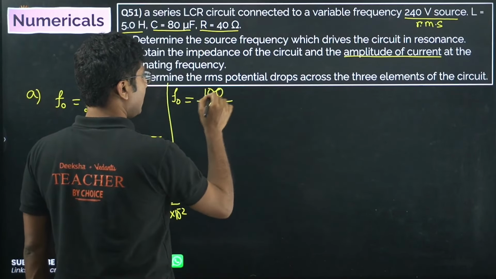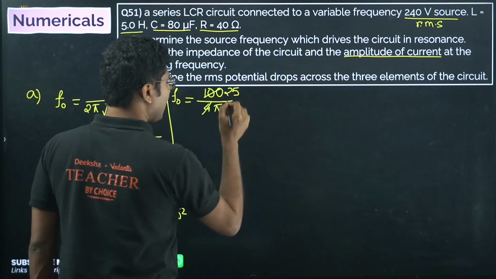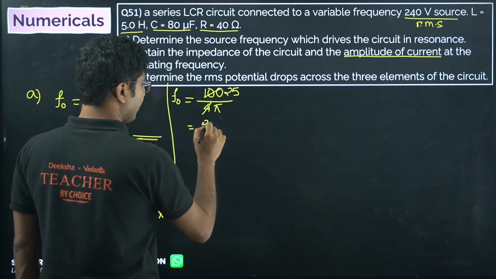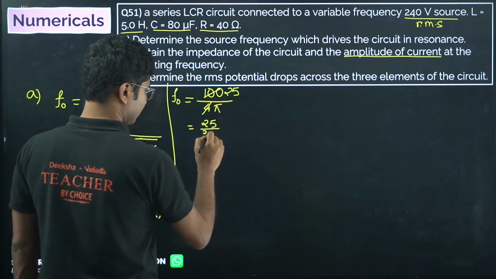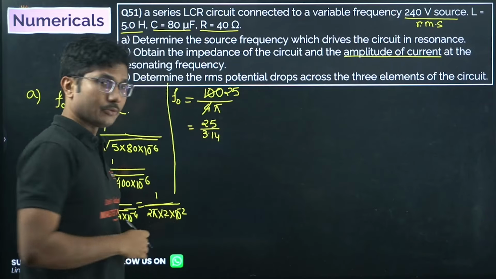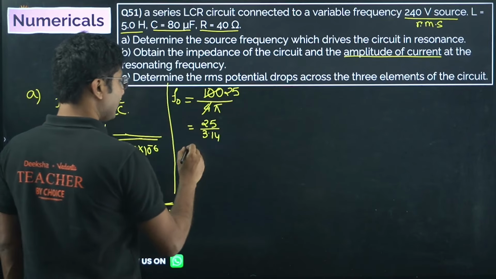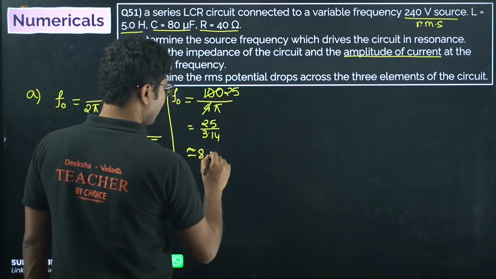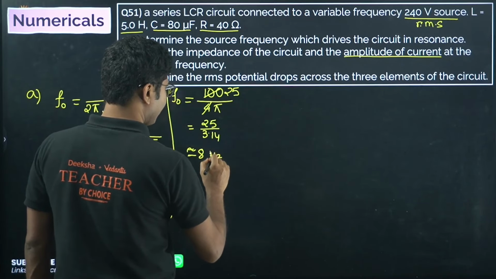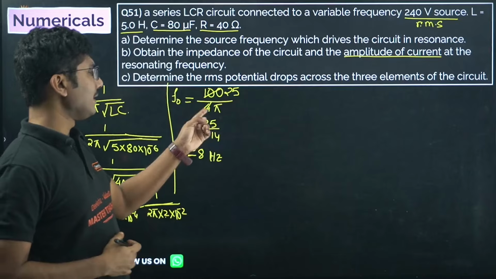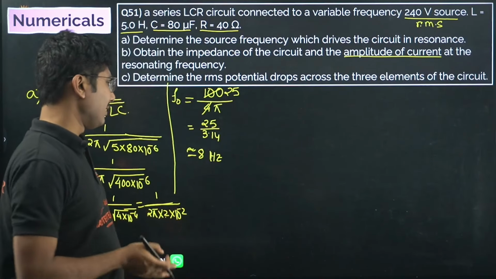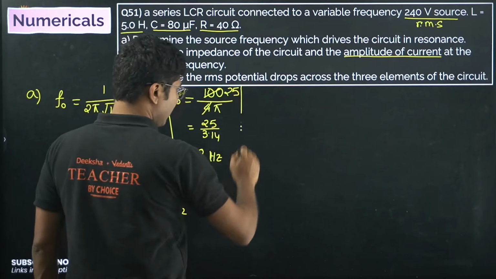Okay, so it will be 25 divided by pi. Now you are allowed to use a simple calculator in your board exam as well as pre-board exam. So you can simplify this, it will come out around 8. You can calculate the exact value, but here I do not have access to a calculator, so I can say that 3 times 8 is 24.14, so it will be close to 8 hertz. Okay, now let's move on to the next part.